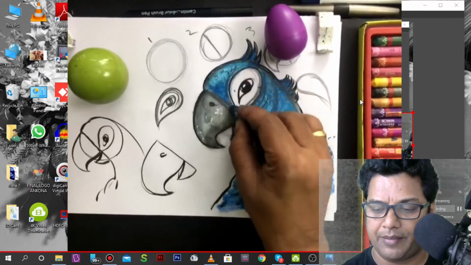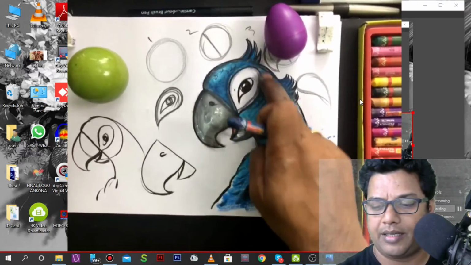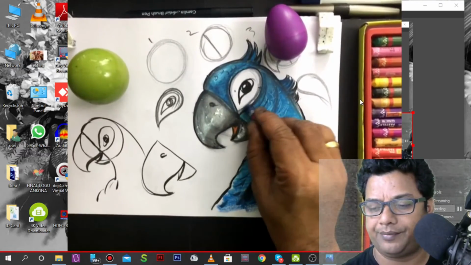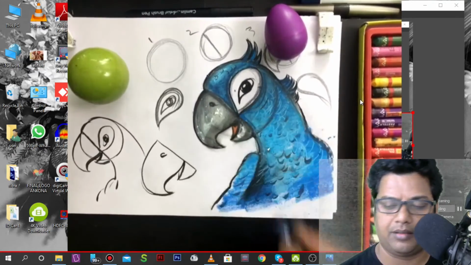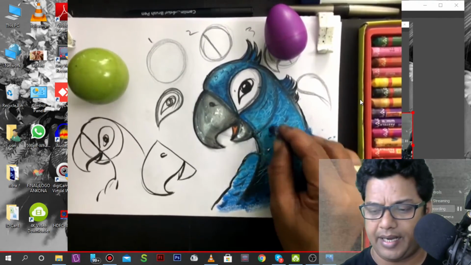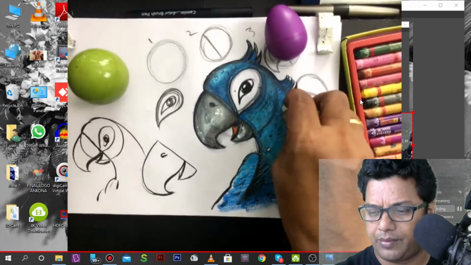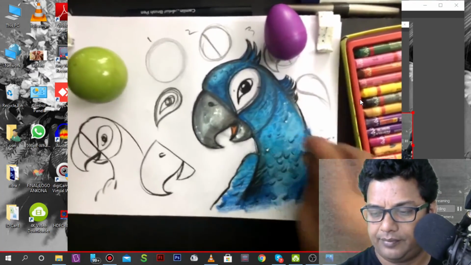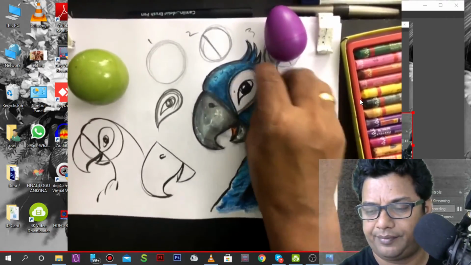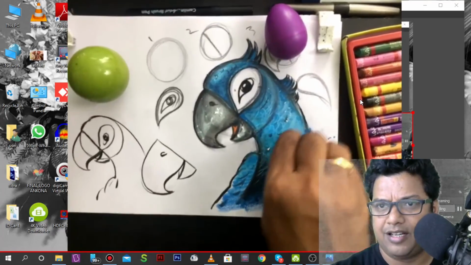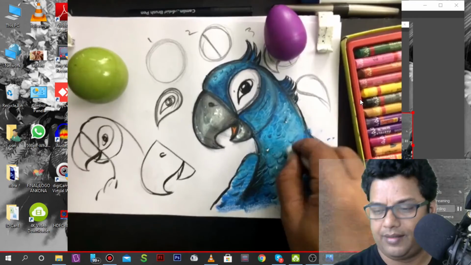I make a little bit more dark color, beta. Understand? Understood, beta? Yes. Somewhere I'm using the white also. Okay, somewhere I'm using the white color. So it looks nicer if you are using the white somewhere.